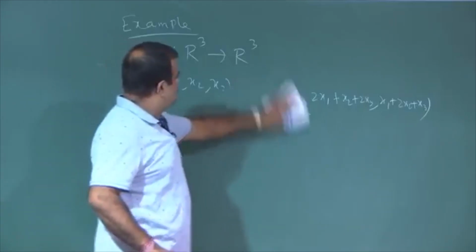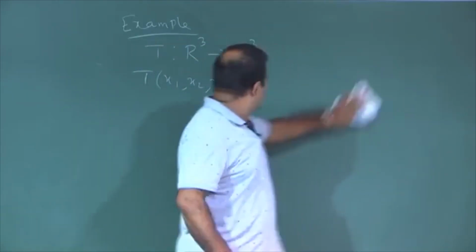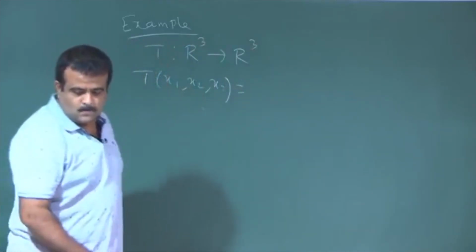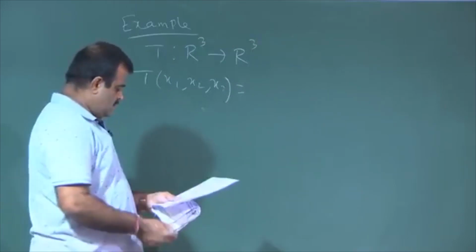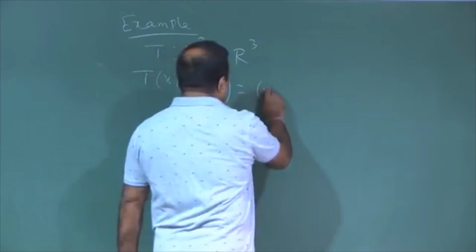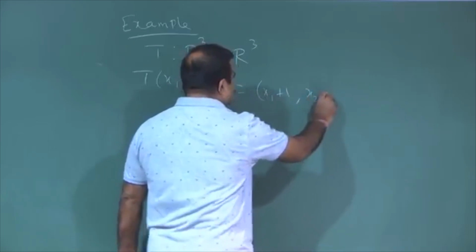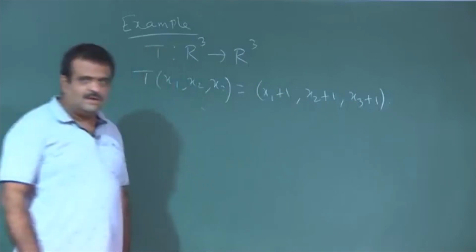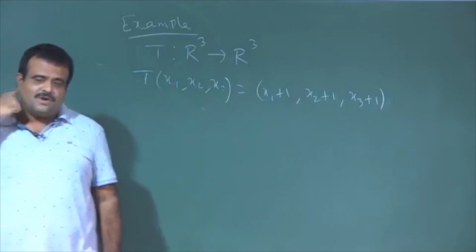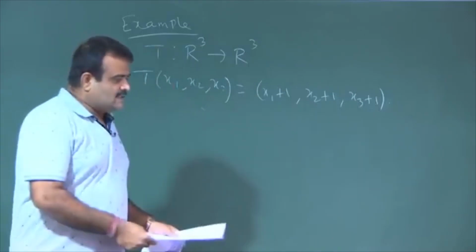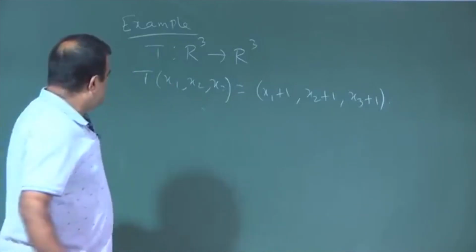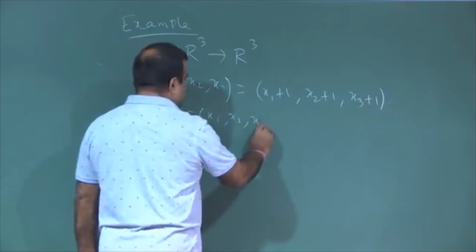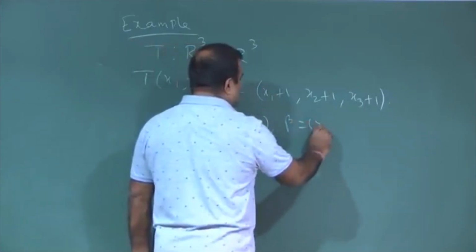Say for R3 to R3, we take T of (x1, x2, x3) to be (x1 plus 1, x2 plus 1, x3 plus 1). This is also a mapping from R3 to R3. Now, we will see this is not a linear transformation, because if we take alpha to be (x1, x2, x3) and beta to be (y1, y2, y3),